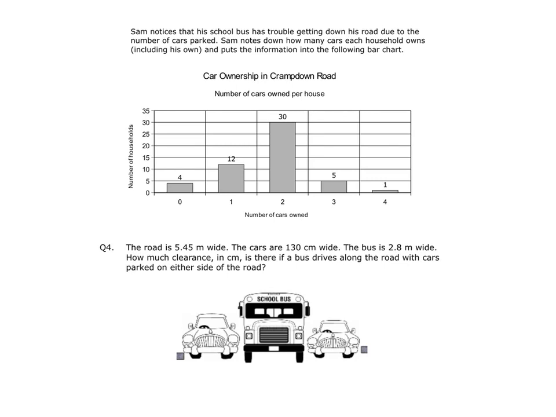First of all, we're told that the road is 5.45 metres wide, or in other words, it's 545 centimetres wide. And we're told that the width of the cars is 130 centimetres, so it would be 130 centimetres on both sides. If I add those two measurements together, that gives me 260 centimetres in total taken up